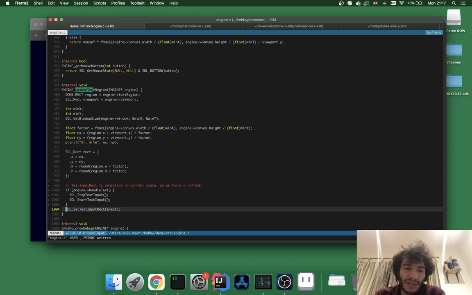I'm just trying to think if there's any value in doing this. It just feels unnecessary. If you can call the set input rect repeatedly,